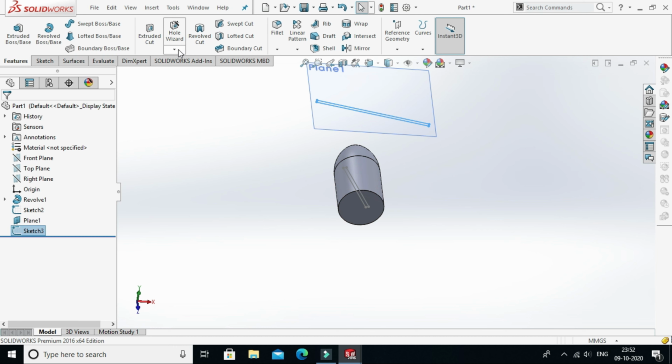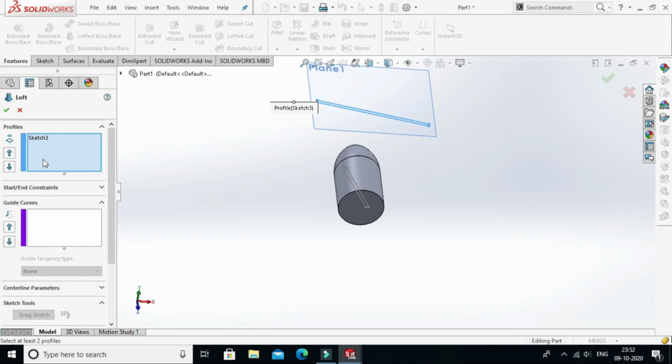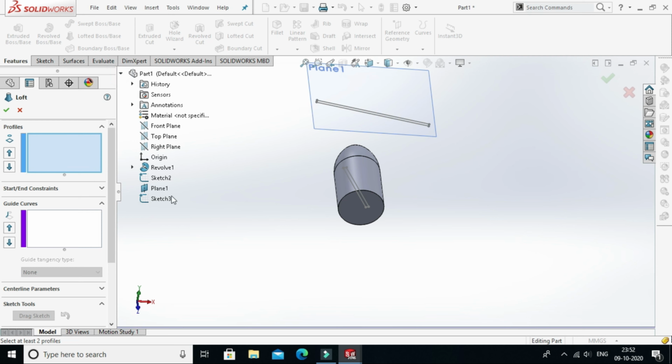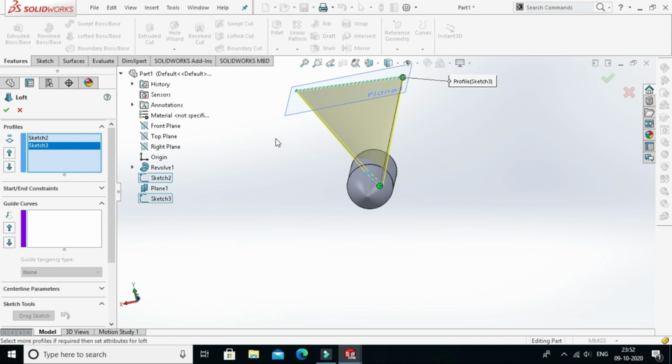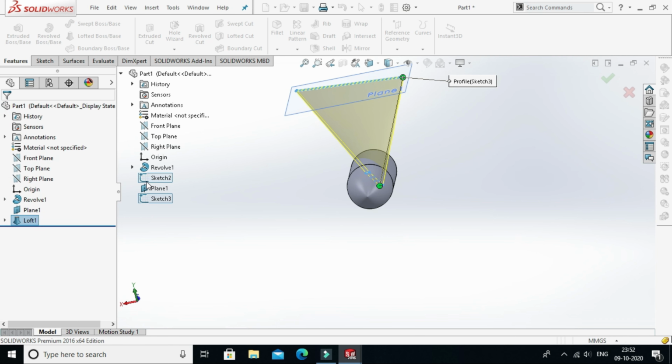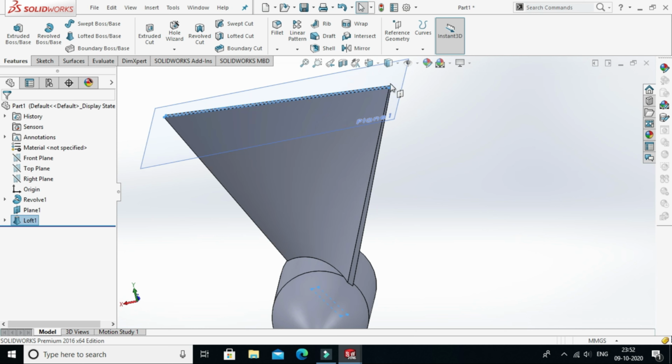Go to features, then select a lofted boss base. So clear this. We need to give from sketch 1 to sketch 2 like this. Then click on tick mark. Now we will make a curve for this.